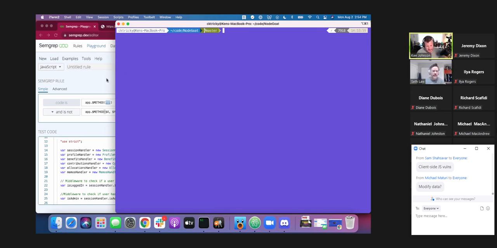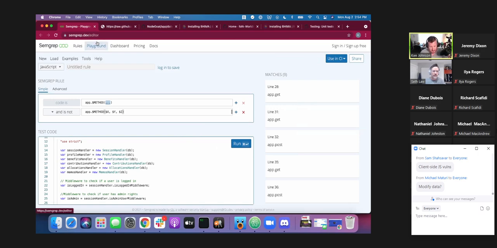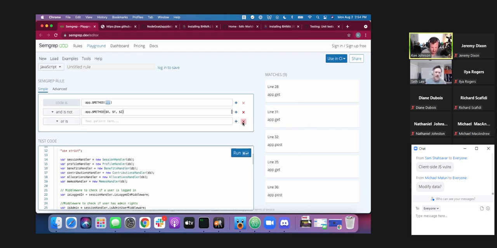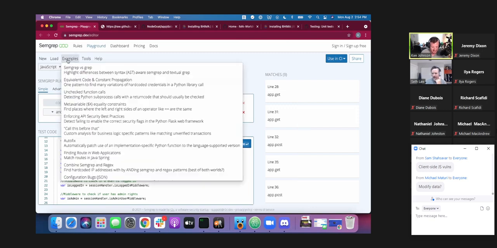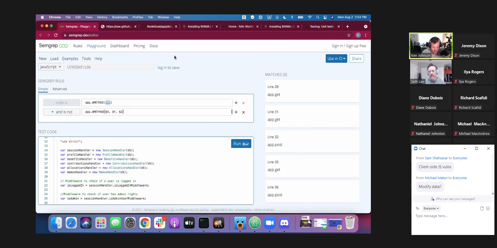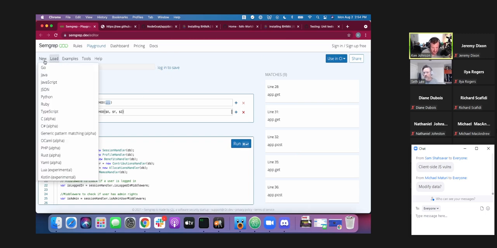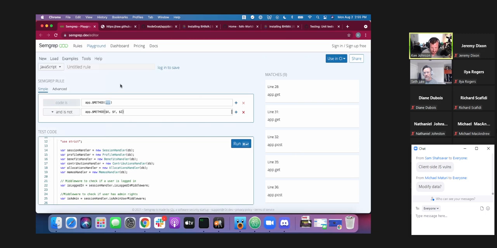Yeah, so right here with the playground, this is where you can actually mess around and add things, meaning you can add rules. They have specific examples, and you can try looking for certain things. We actually show one of those doing something similar for Flask, using an example they show. You can create your rules in whatever language you want. And then when you're ready to export them and use them,